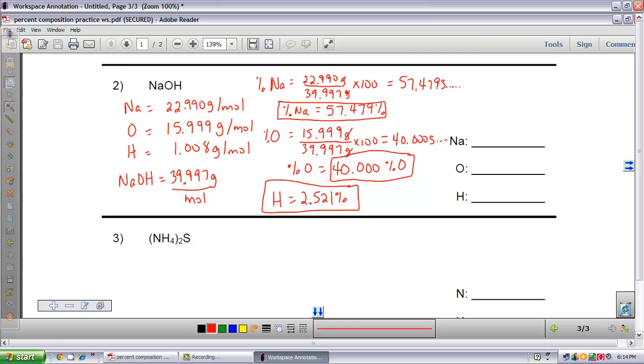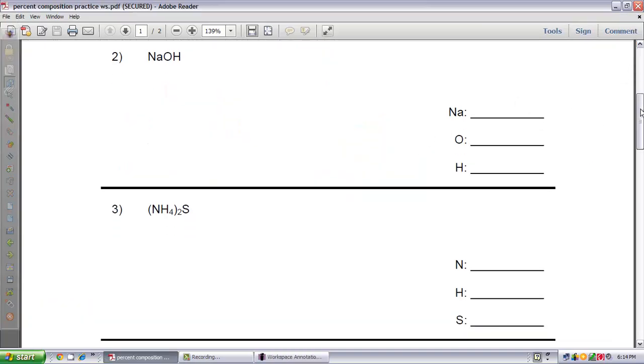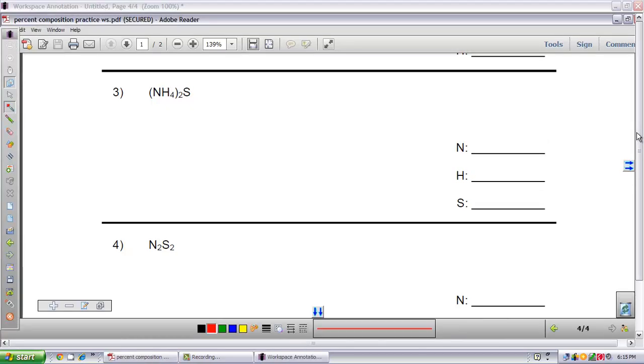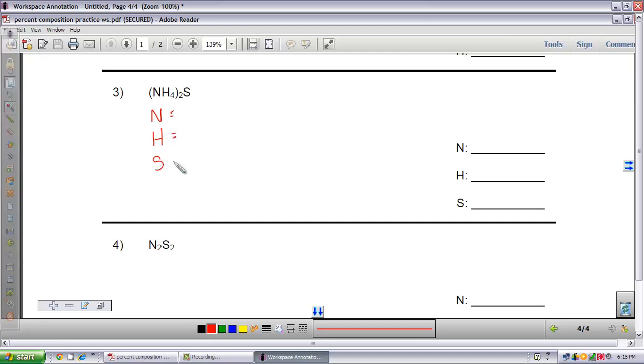Okay? Let's try one that's a little bit more challenging, and then I think you'll get it. So the bottom line of the percent composition is that you're just basically trying to find the mass contribution of each element. This one's a little more tricky, but it's made up of nitrogen, hydrogen, and sulfur. So if you look at just those individual atoms on the periodic table, nitrogen is 14.007 grams in a mole. Hydrogen is 1.008 grams for each mole. And sulfur is 32.066